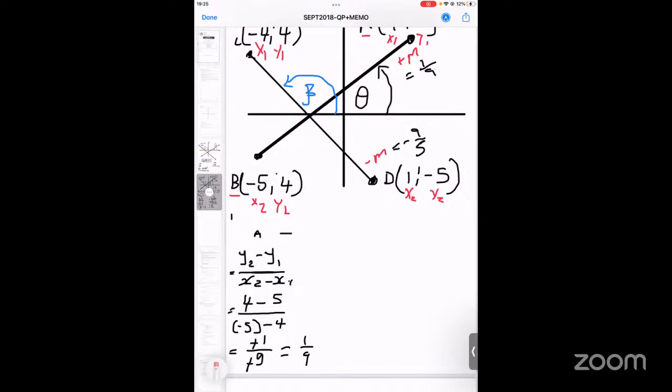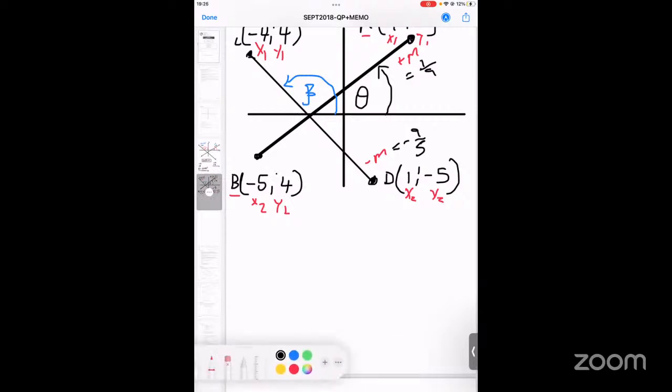Remember, guys, I'm saying this serves as a revision to some of you, but as a continuation to some of you. So now, when it comes to the angle of inclination, we can say the angle of inclination for the gradient of that line AB